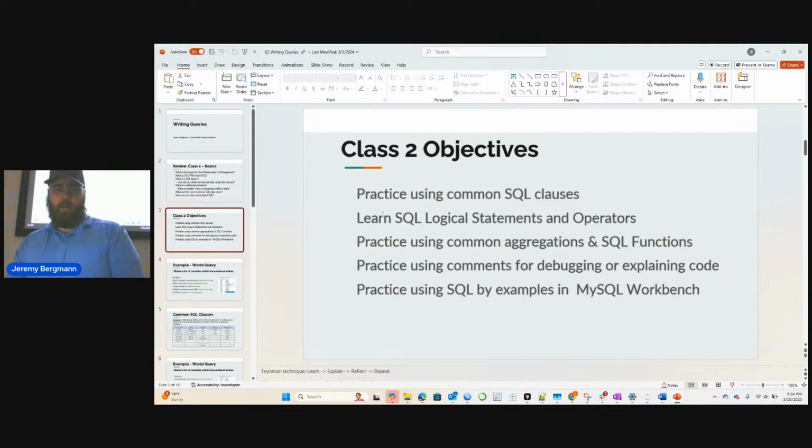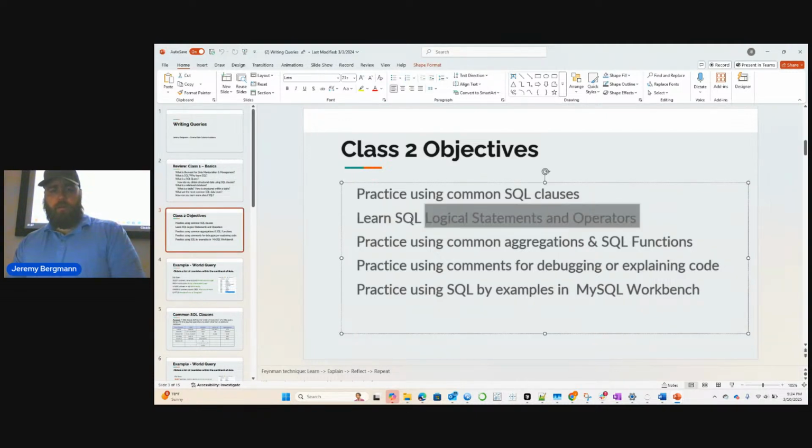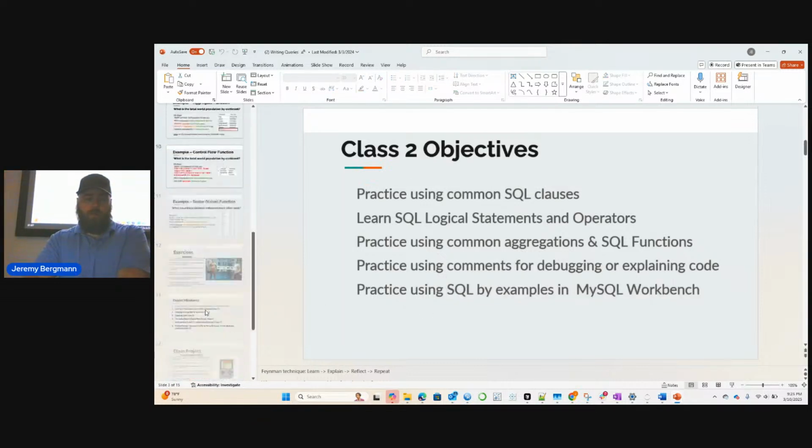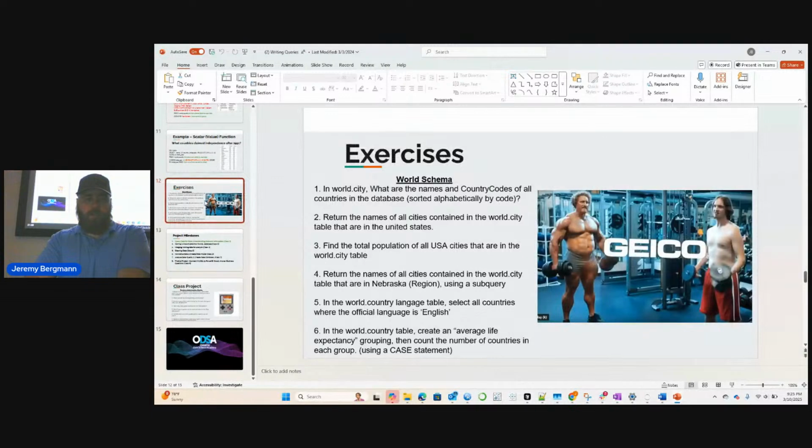Practice using those common clauses we learned, learning logical statements and operators, so things that belong in the where clause, common aggregations and SQL functions like summations and averages, and many others. We'll practice using comments and then practice using SQL examples in MySQL Workbench. So now each one of these classes will start to have examples that we work on.